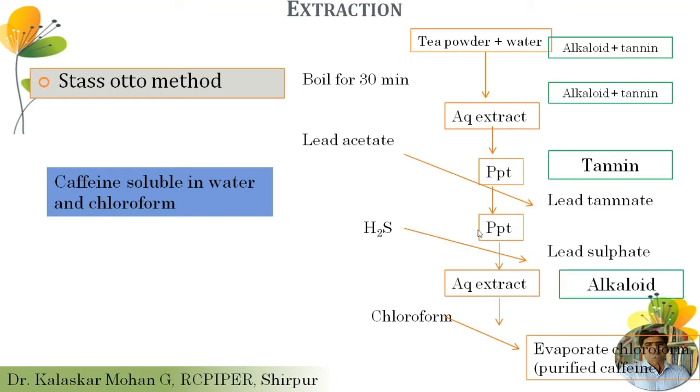So this excess amount of lead which wants to be removed, for that removal the H2S gas has been passed. H2S gas converts this lead acetate into lead sulfide, which becomes a precipitate in the solution, and thus one can easily separate it by means of a filtration technique. So after the filtration, in these two steps, the tannins have been removed, as well as whatever excess amount of lead has been added, that is also removed by means of H2S gas.